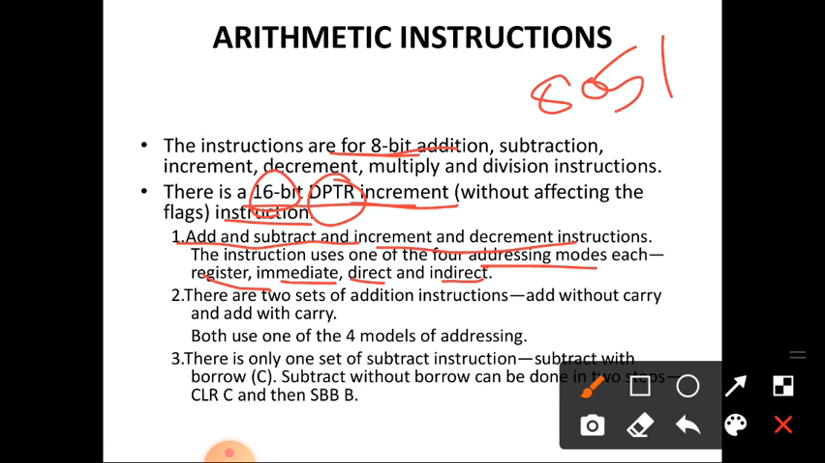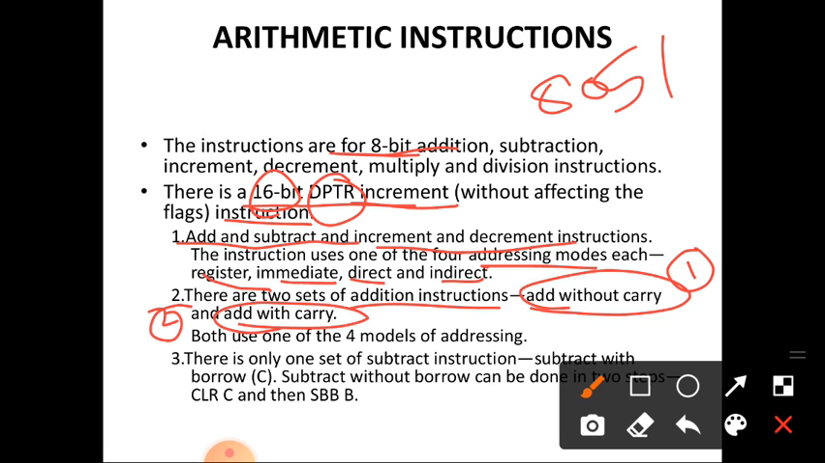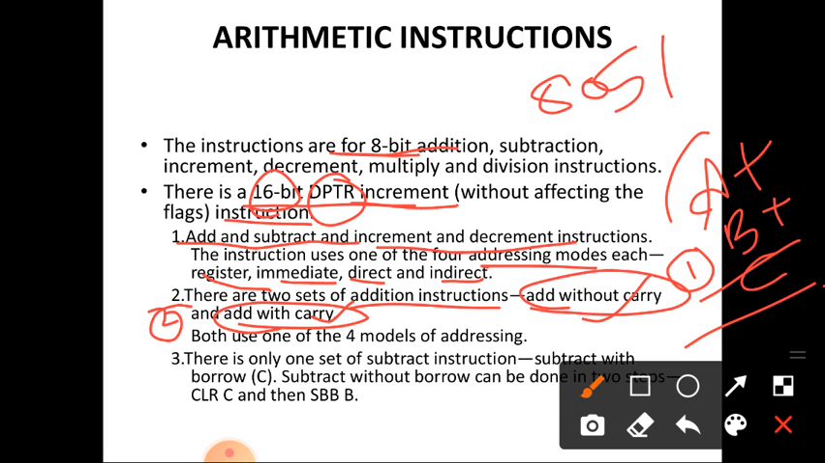Then there are two sets of addition instructions. One is add without carry, and the second type is add with carry. Here there is no carry, and here with carry. If there is content in A, then A plus B is done, but there is no carry. Add with carry means it adds the carry flag content. If the carry flag content is C, that will also be added with these registers. And it also has 4 addressing modes. And another one is